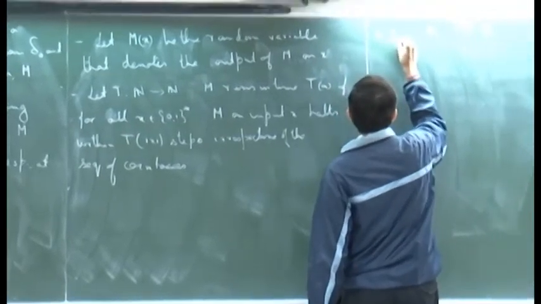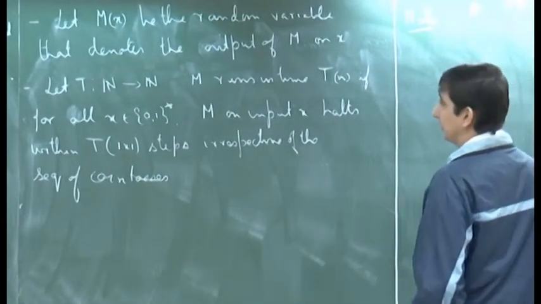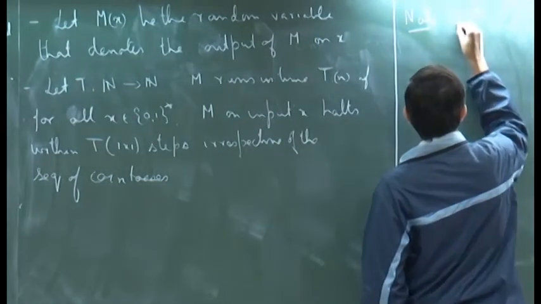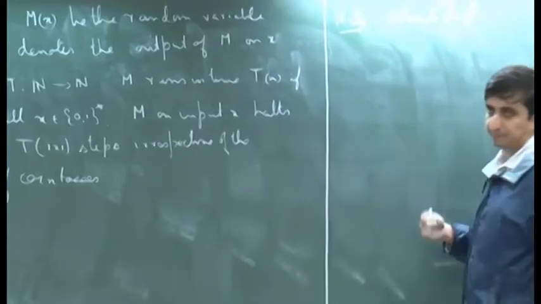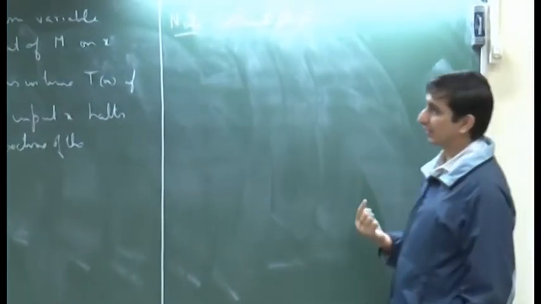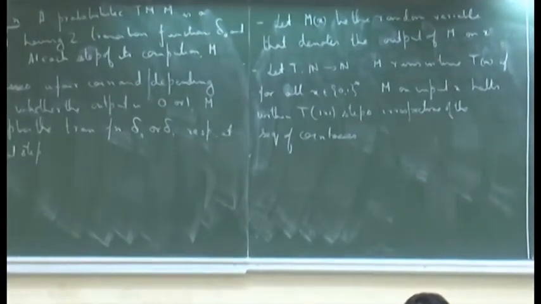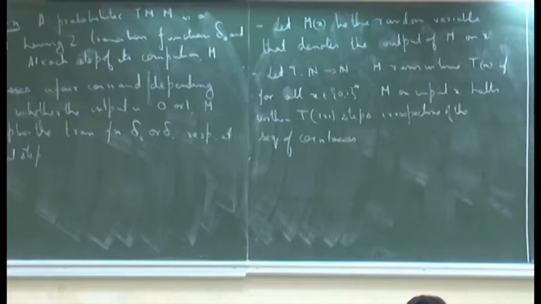So, let us note one important characteristic of these machines. At each step during the running of this machine, one thing is that it makes a random choice, depending on what that coin toss is, and not only is it random, it is also independent of the prior choices that the machine has made up till that step. So, these two are very important.